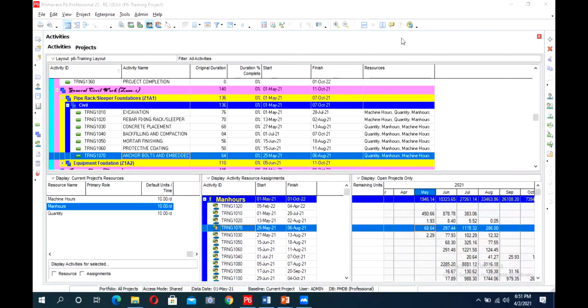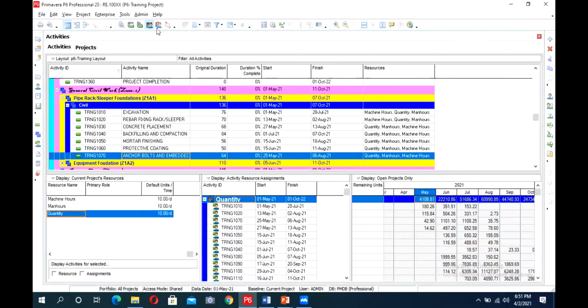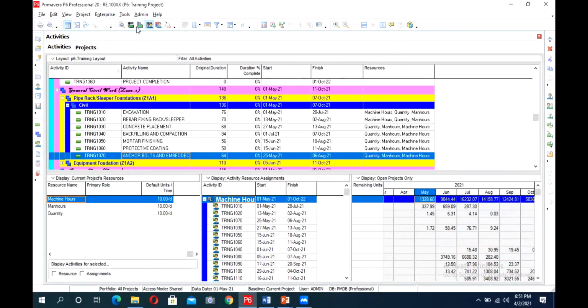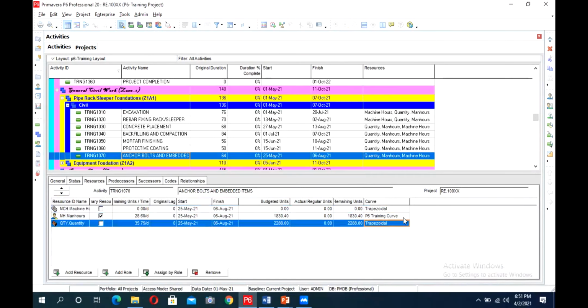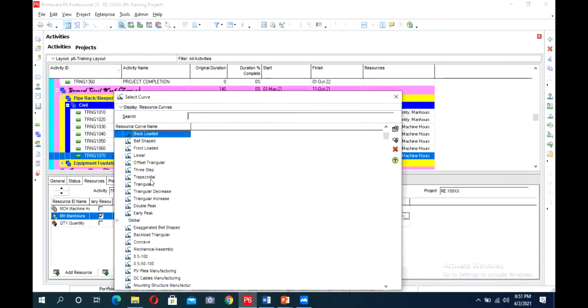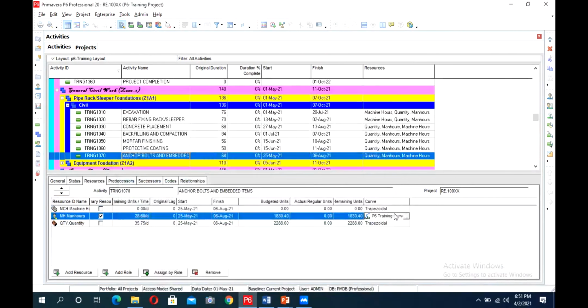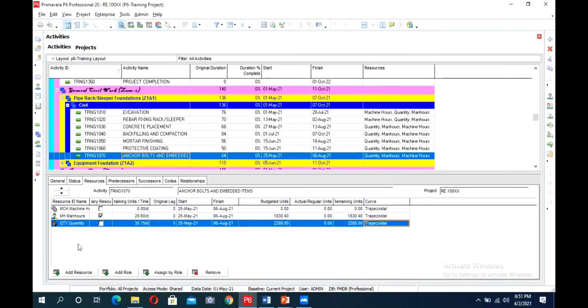Like when you were assigning the curves, there was one option here. No, we have assigned the curves to all the resources. Can you just expand this window? Yeah, this tick mark. If you see, this is ticked only on the man hours option.